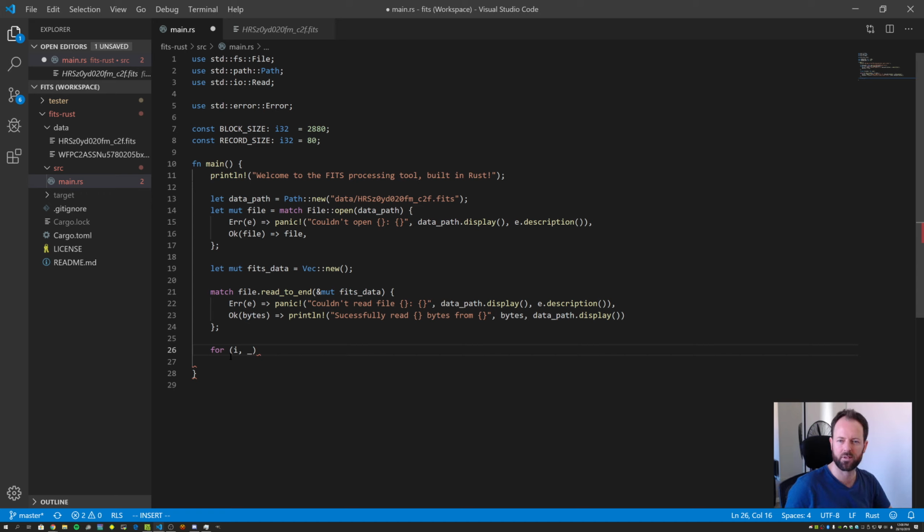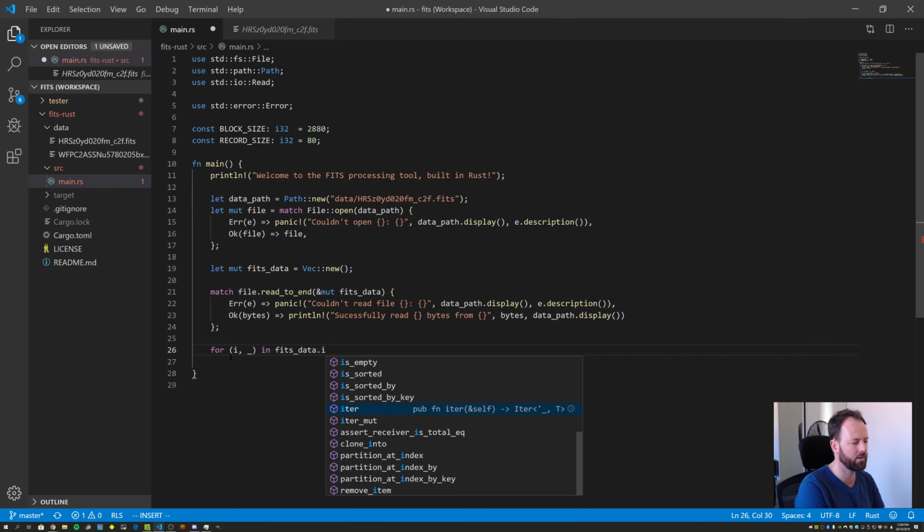Underscore is Rust's way of saying I'm not going to use that variable, so I don't care about it, discard it. So we're going to do a for loop, and we're going to look inside of the fits data vector. So for i, underscore in fits data,